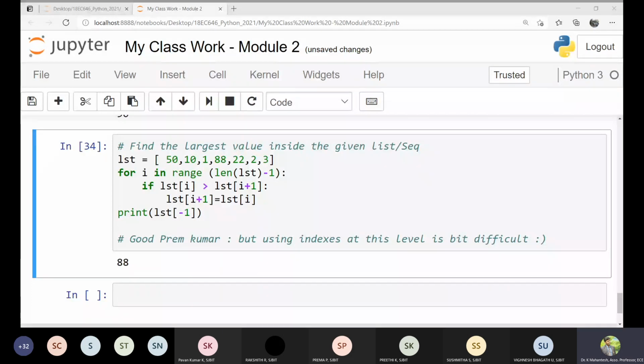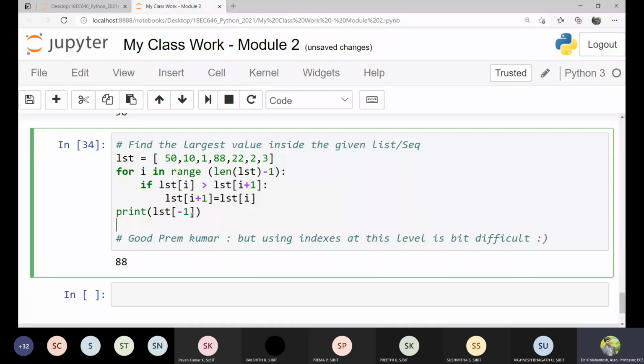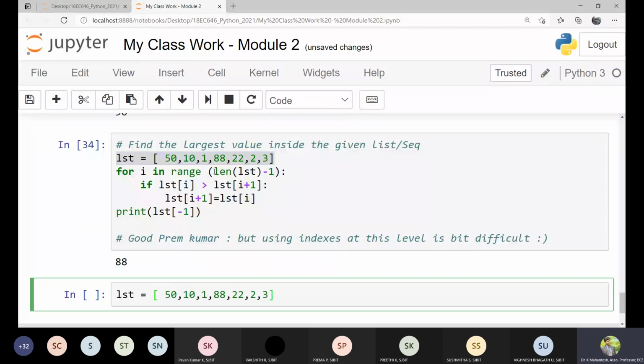Yeah, one person has given a try, but he has used the indexes here. See here, list of i. List of i refers to what? For i in range, length. Yeah, he has used length here. Little complex, right? So I just try to rearrange the code which has been written. At the initial level, using these indexes is a bit difficult. So what he has done here is for i in range. So if I just try to take these two lines out of what Prem had written,